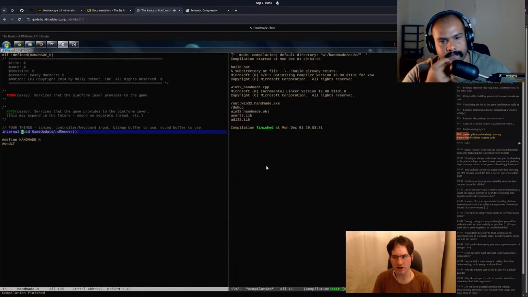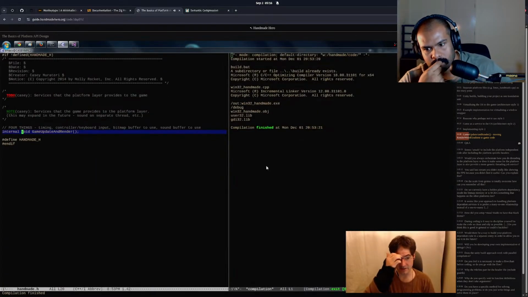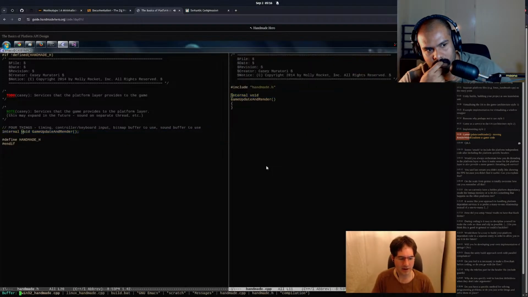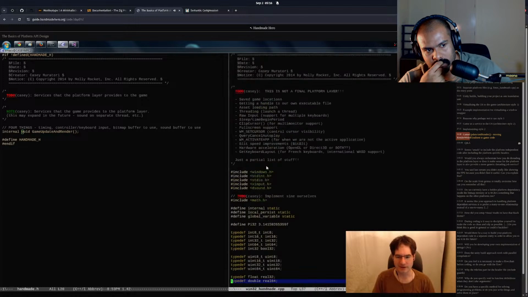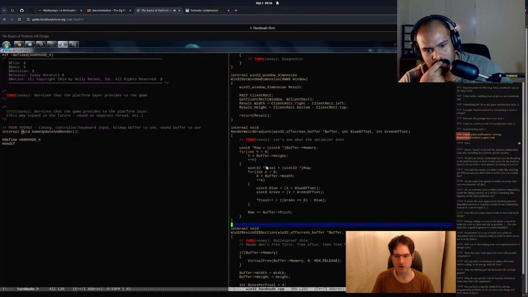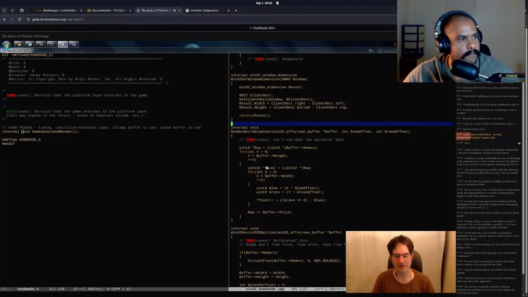So what I want to do, just to end the stream today, now that we've kind of seen the way we're doing platform services, is pull out our first piece of platform independent code, which is render weird gradient. Because if you look at it, you will notice that there is almost nothing about it